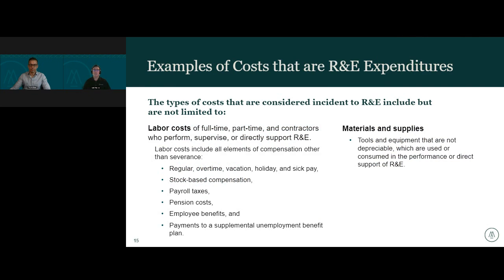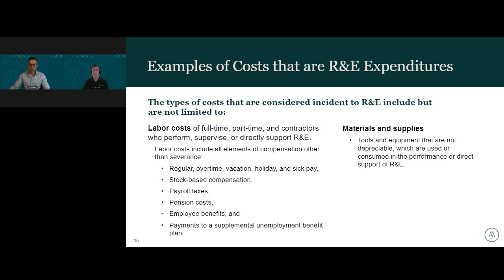So one of the biggest areas taxpayers had uncertainties on prior to this guidance was understanding the extent of the incident to language in Section 174 regulations. This essentially says that all costs incident to the development or improvement of a product are included in Section 174. Now, incident to isn't defined in the regulations, and taxpayers were left to interpret what that meant in the context